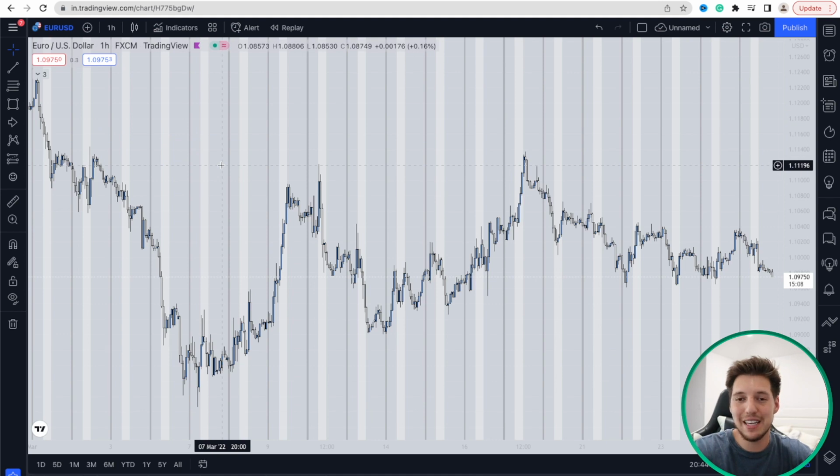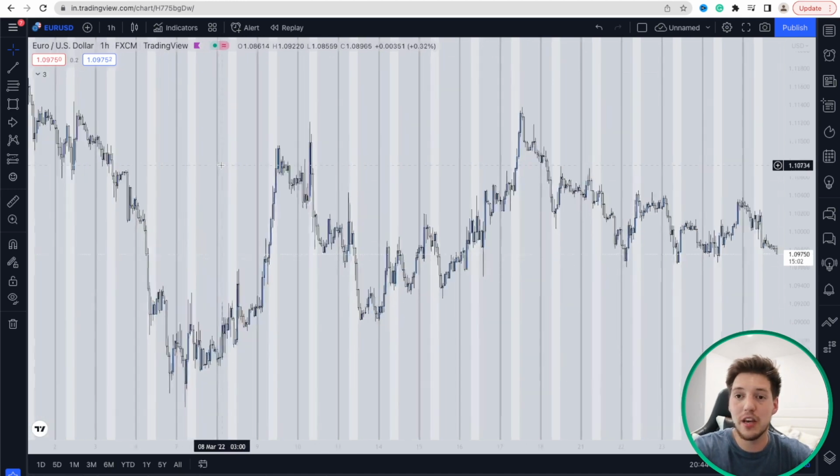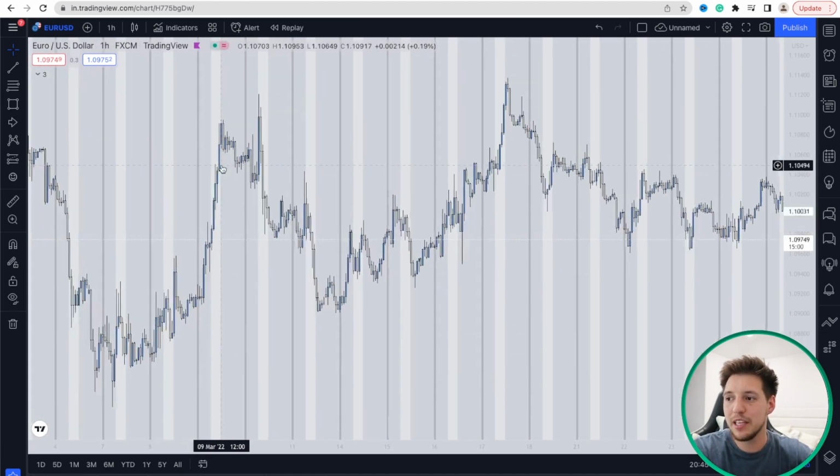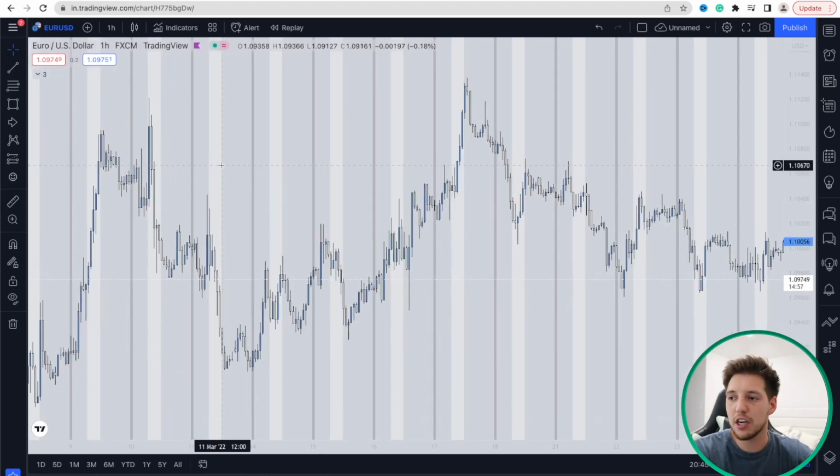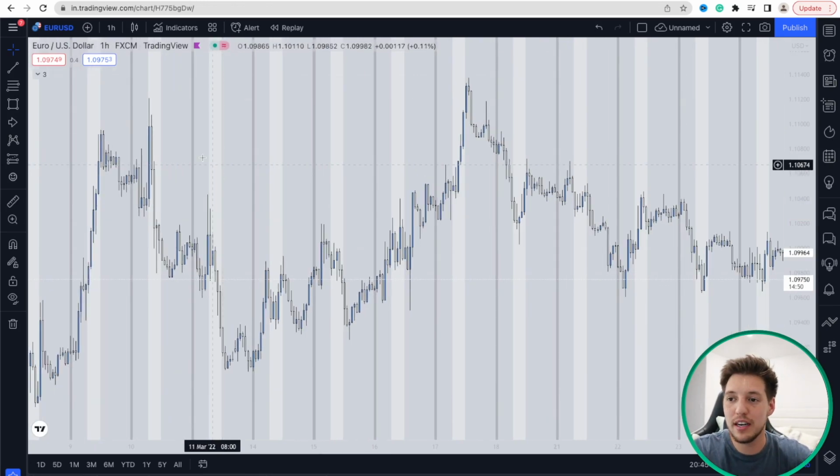So by that being said, let me go ahead and show you a couple of those examples, that way you know exactly what it is that you're looking for. When it comes to an overall point of interest, typically what we like to look for are candles that are taking out liquidity, either buy side or sell side liquidity, and then having that overall momentum push to the downside for a potential retracement back into that candle for it to continue with its